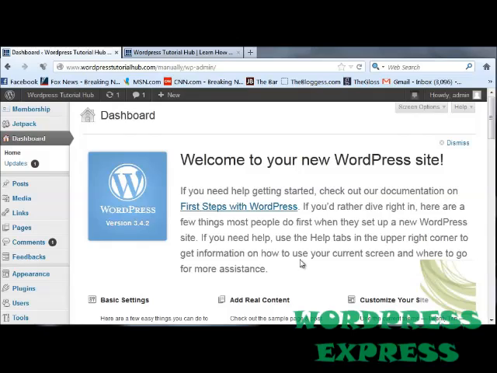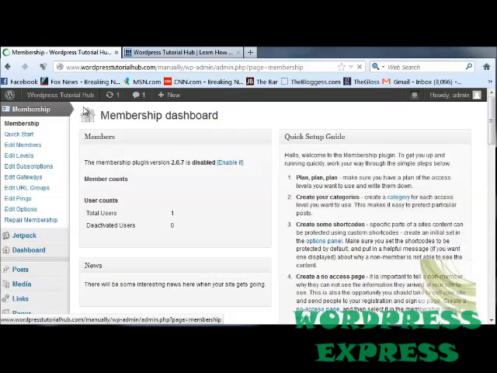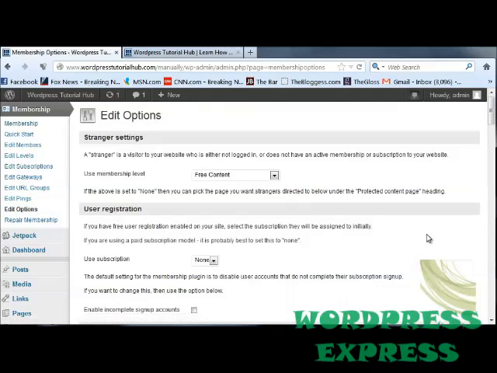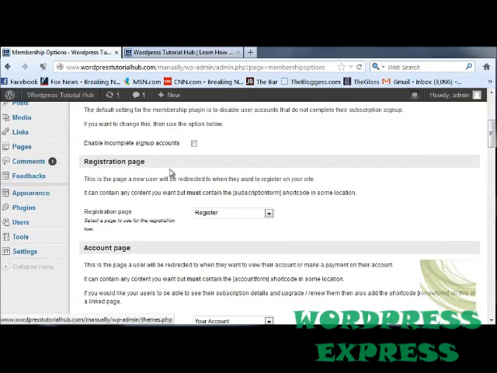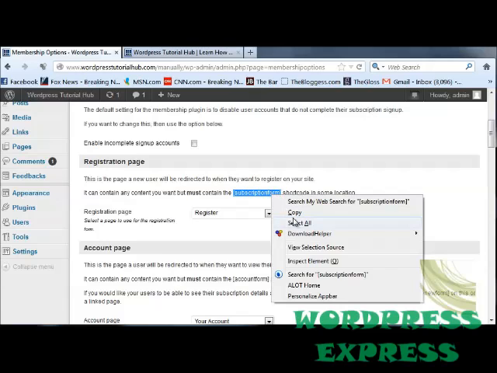Now there's one more thing that I want to show you how to do that will make our registration page work correctly. When we go into our Membership tab, we're going to click on Membership up at the top, and we're going to go to Edit Options. In Edit Options, I'm going to scroll down till I get to the registration page. And remember that before we had made it so the registration page is on our page called Register. Right here above that box, you'll see that it can contain any content, but it has to contain this shortcode in some location. So I'm going to copy this entire shortcode, which is bracket subscription form end bracket, copy it,